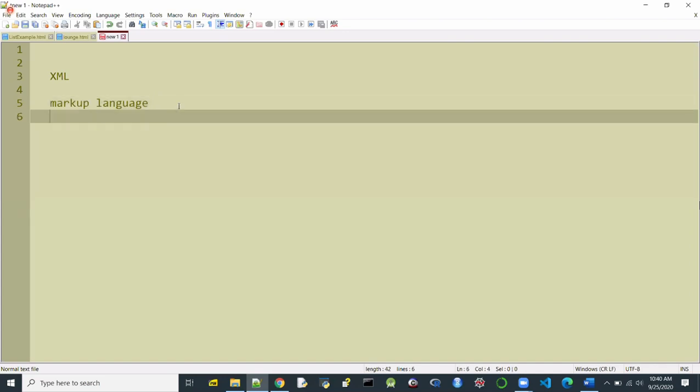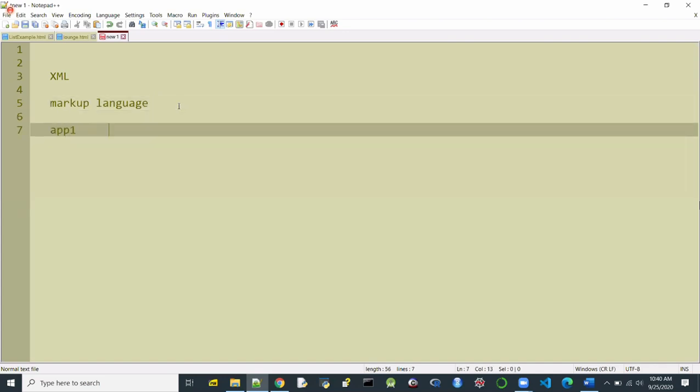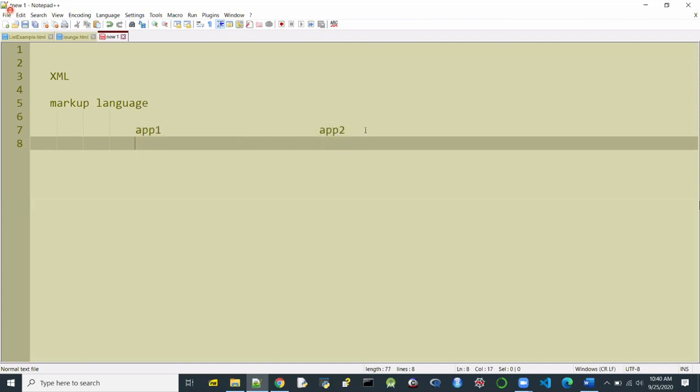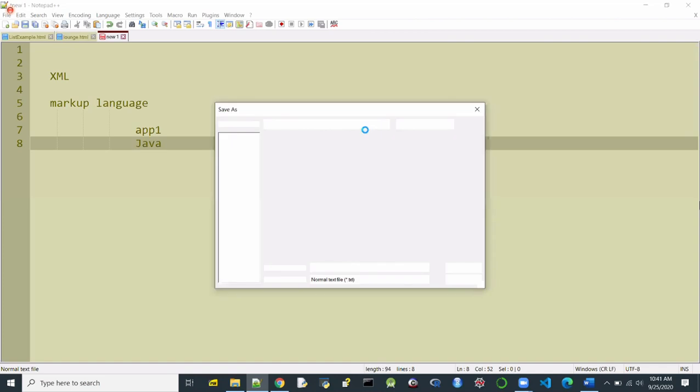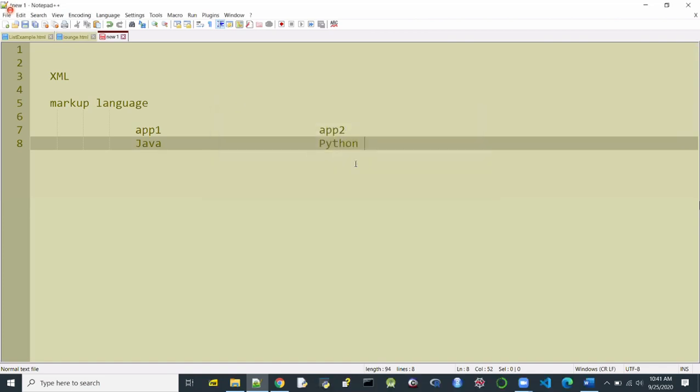Suppose you have two applications, application 1 and application 2. You designed two different applications as part of your software development. Maybe both applications are designed by the same team or maybe two different teams. And possibly one application might be designed using the Java language and the other application might have been designed using C++. Maybe, we don't know. Both of them could have been designed using the same language, or maybe different languages, like let us say Java and Python.